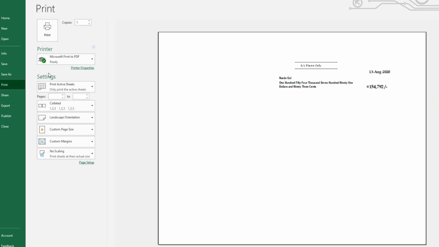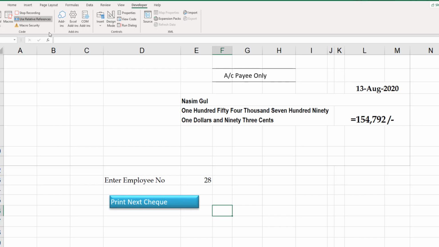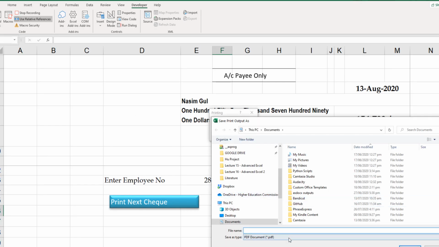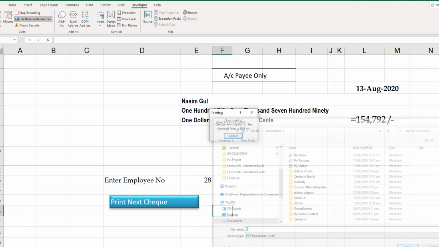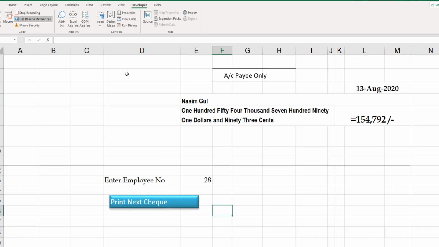In this macro we are not going to do anything special. We just open this macro, go to file, and print. Whatever printer you have, use that and print. So it will be printed. Since I don't have a printer, it saves the data to a file. So let me give it a name. Okay. And now I stop my recording.